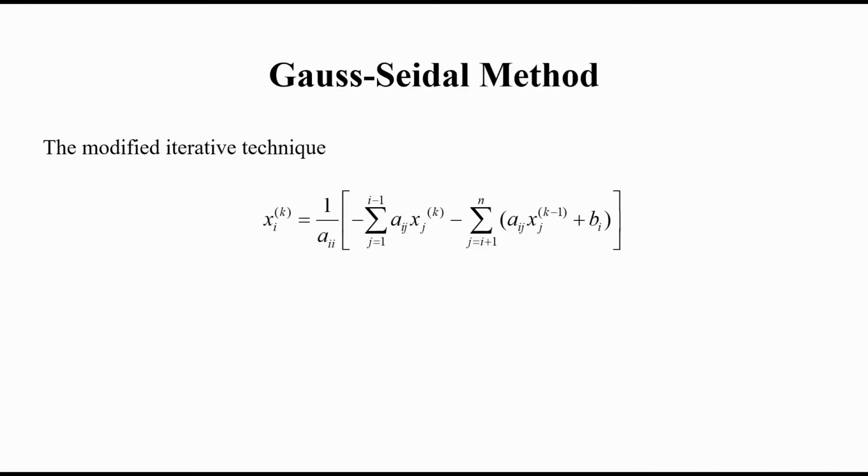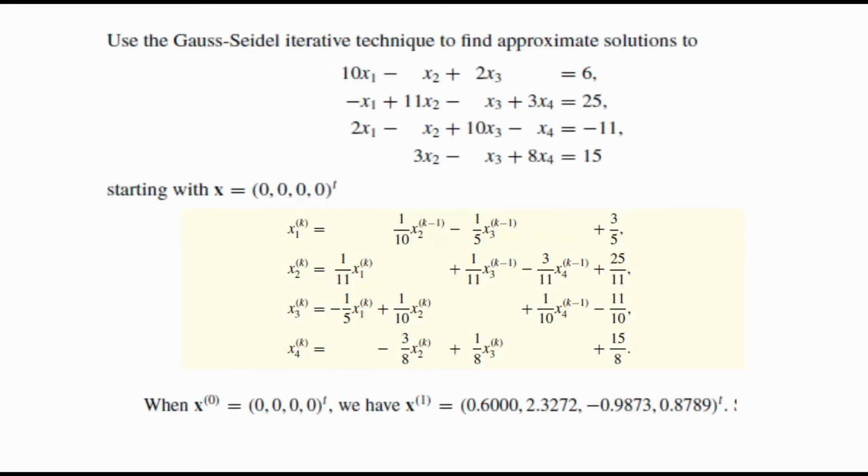Now we will move on to the Gauss-Seidel method, and this is the modified iterative technique from the Jacobi method, and it is much faster than the Jacobi method. So let's see what modifications are made with the help of an example. See what I have done. This is my system of linear equations, and we are interested in finding x1, x2, x3 and x4. So these are all unknown.